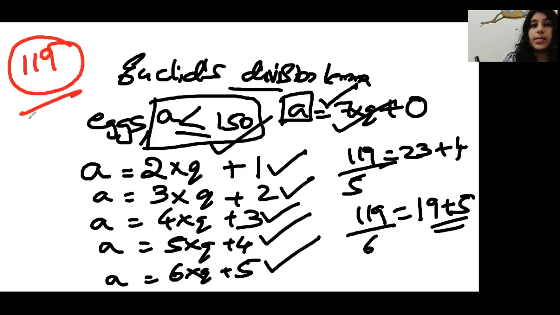119 eggs. Now you understood how to solve. So we have to do this trial and error method. You don't want to do every number like this. You can first take any number which is a multiple of 7 less than 150, like 147. Then again subtract by 7, you will get a number which is satisfying 7. So likewise you can select any numbers which are divisible by 7 less than 150 and you can check for any of these. If it is not satisfied, you don't want to take it.